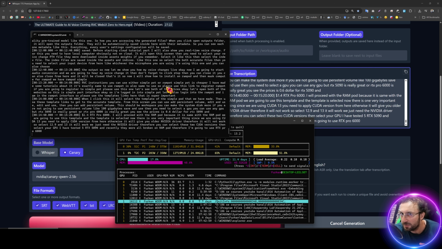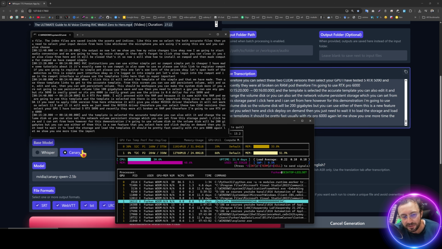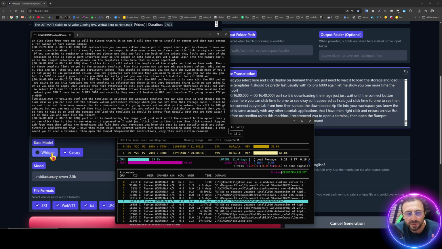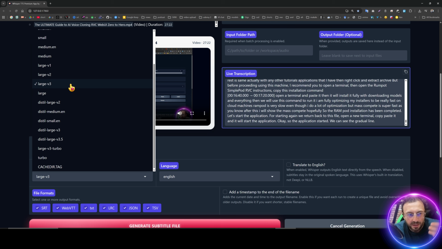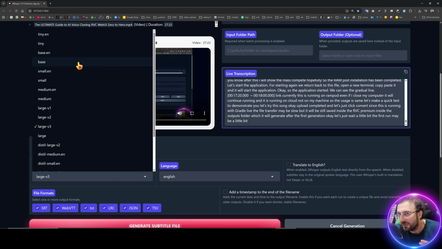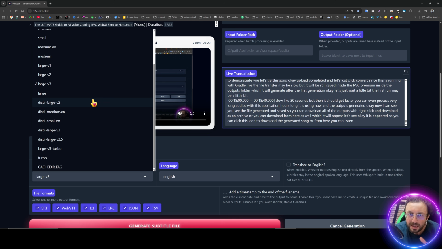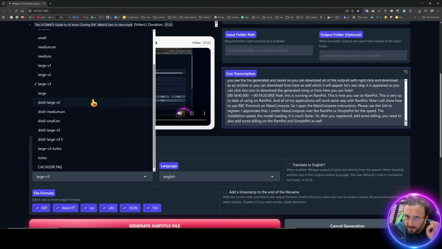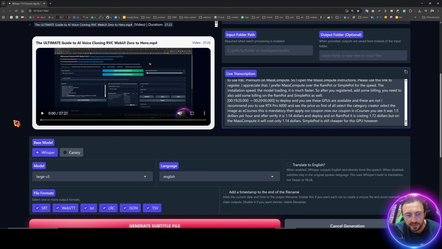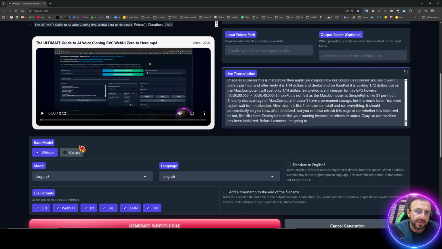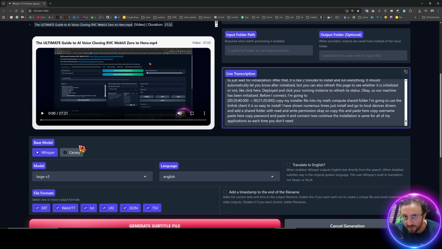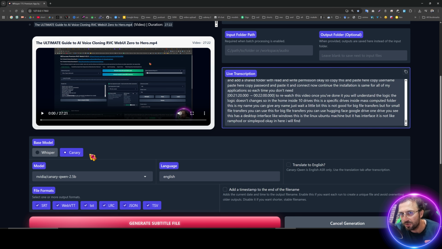The transcription speed is amazing with this new Canary model, but you can always switch to Whisper and use all of these Whisper models. One advantage of Whisper is that it supports 100 different spoken languages. However, if you are going to transcribe English audio, I recommend you use Canary.